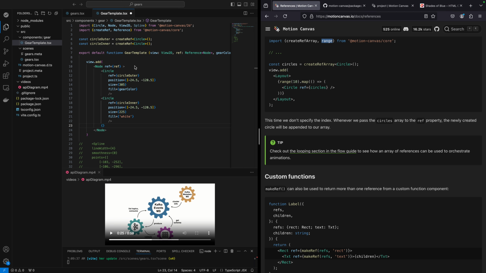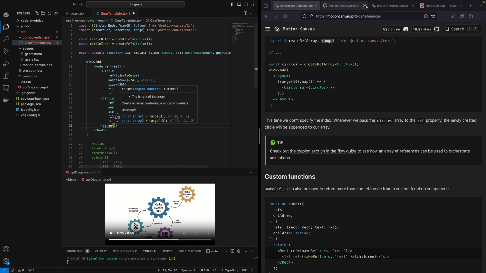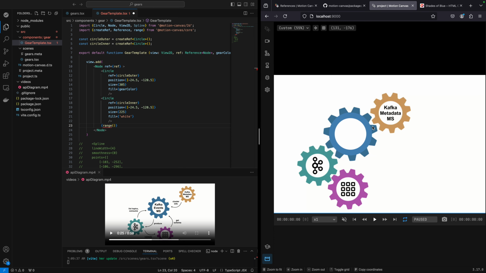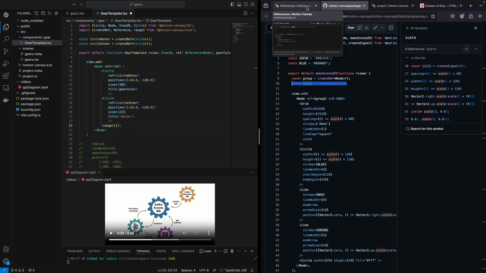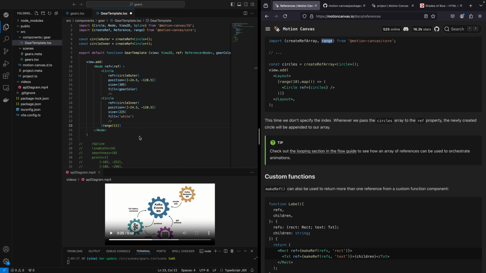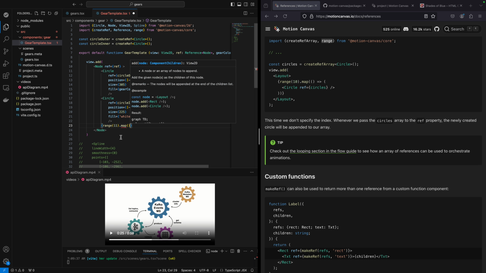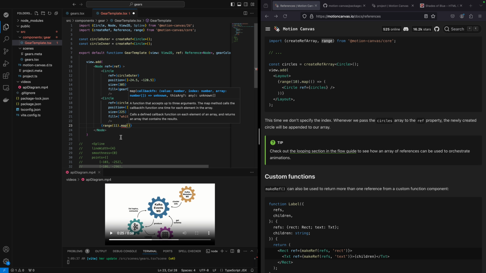Apparently range is a thing. How many do we have? We have 1, 2, 3, 4, 5, 6, 7, 8, 9, 10, 11. 11 dot map. And then